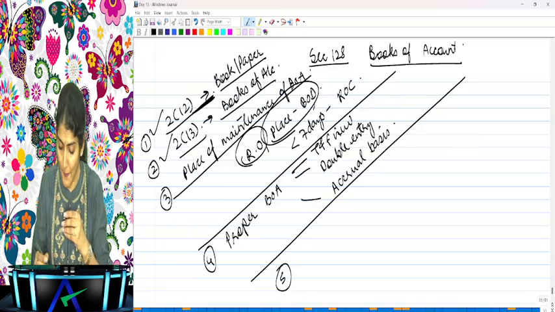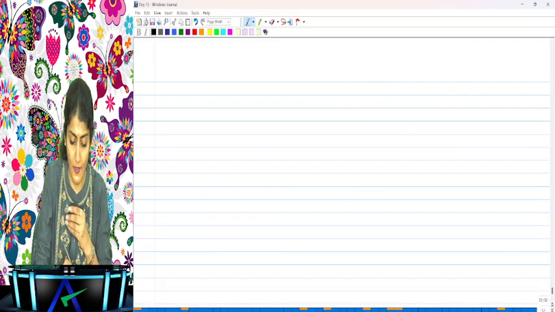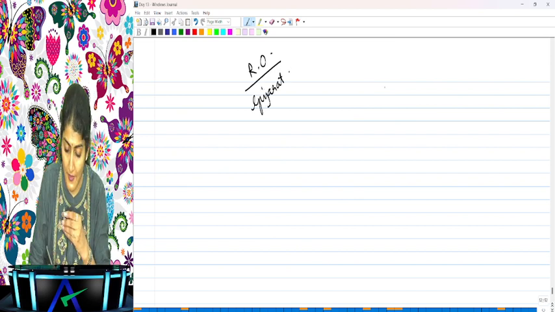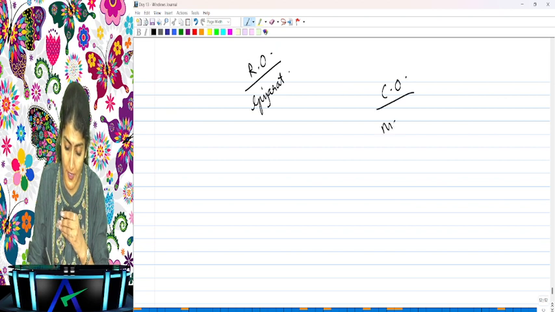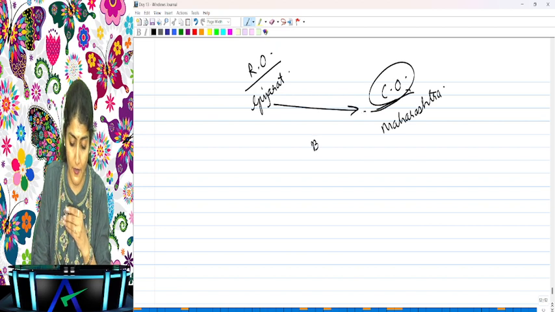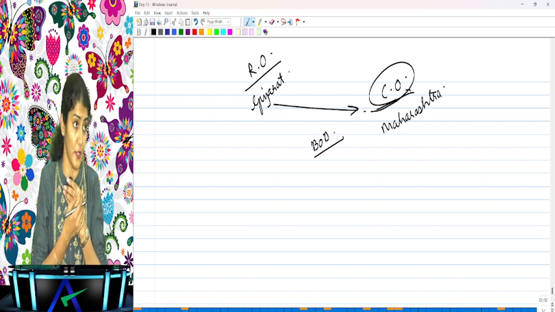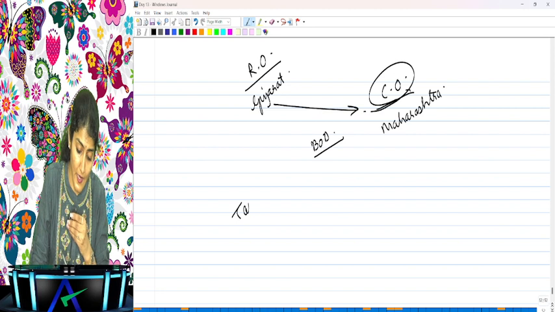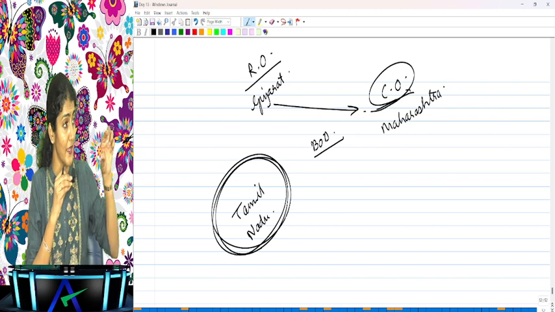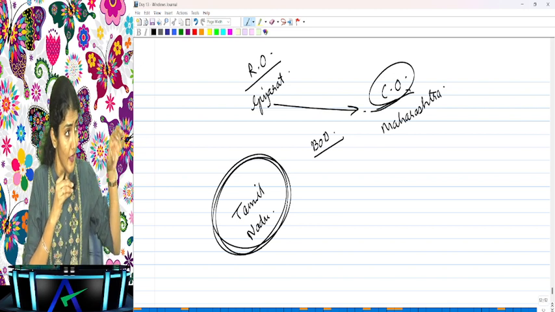Because say a company is having a registered office in Gujarat, right? However, say it is having its corporate office in Maharashtra, and it is maintaining its books of account in Maharashtra. So now the board of directors would have passed a board resolution. But say the company also has a branch office in Tamil Nadu. Now, obviously, this Tamil Nadu branch is going to be maintaining the branch books in Tamil Nadu.